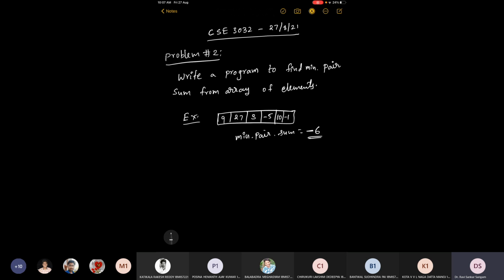Any doubts in this problem? Do you want any other test case to understand this problem, or is this fine? Yes, sir, this is fine. Okay, any idea?